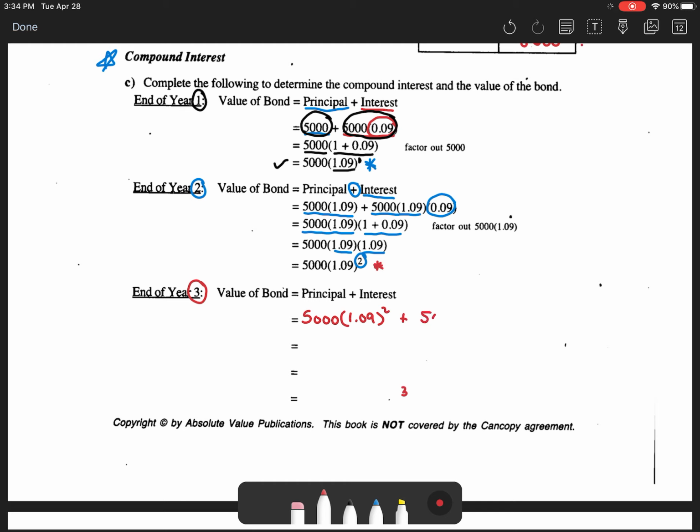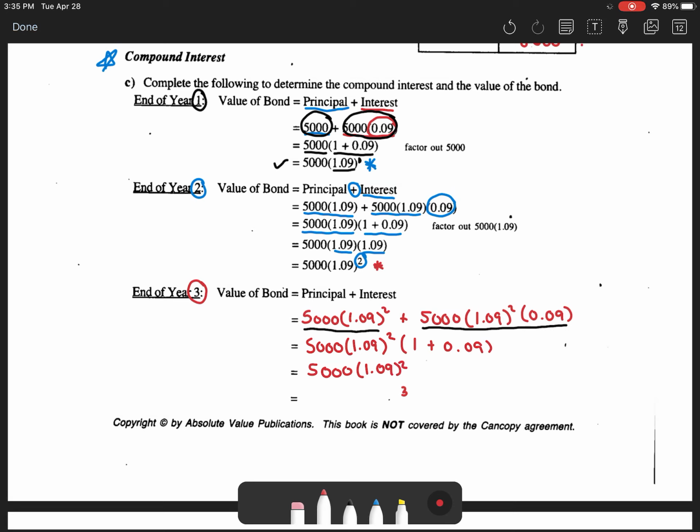As I move into year 3, this amount here is now going to be the principal that I start with at the beginning of year 3. So 5,000, 1.09 to the exponent of 2 is the principal. To that, I have to add the interest. So how do I get interest? I take the principal amount and I multiply it by 9%, and that will give me the interest on that amount. Again, just like I did in the first 2 years, I have 2 terms. What is common to those 2 terms is 5,000,